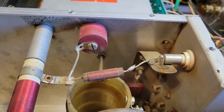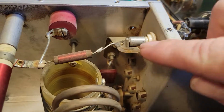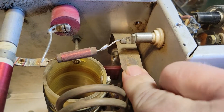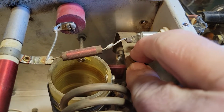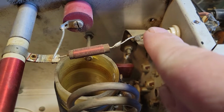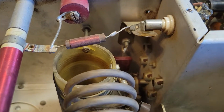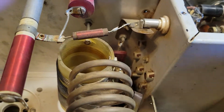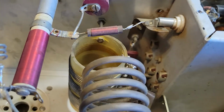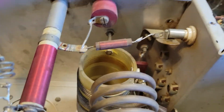Now, when I first took the cover off of this, it was extremely dirty. There was a lot of dust sitting on this plate, and it's normally sitting down here, so right in here there could be a lot of dust gathering and dirt. So when this came up to right here, I had no guarantee that that had actually made contact electrically. So what I did, and you got to be really careful with this,